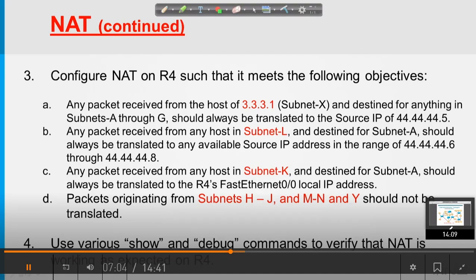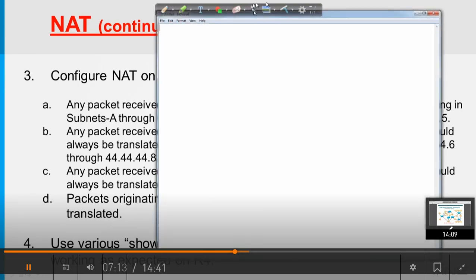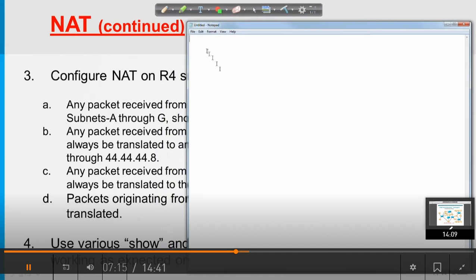Let's work through this, because it's actually a lot of commands. Bring up good old trusty Notepad and start doing this. Okay, so step number 1, we want to configure, in order for NAT to work,